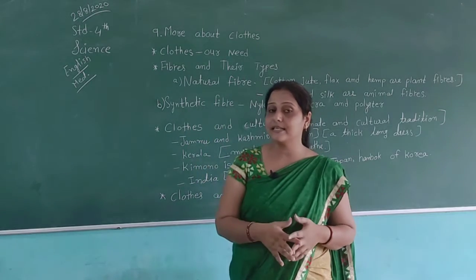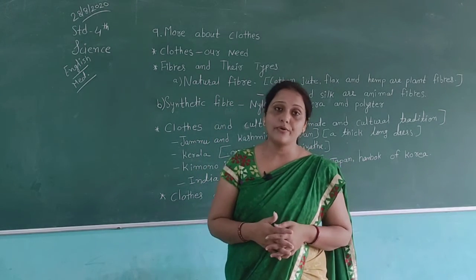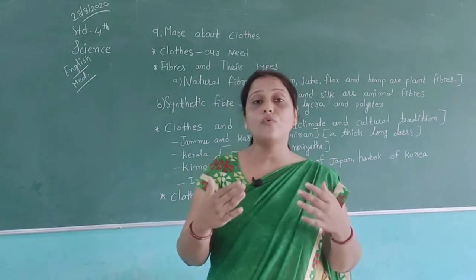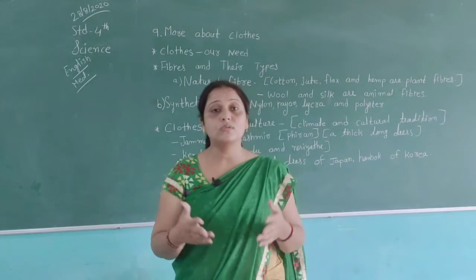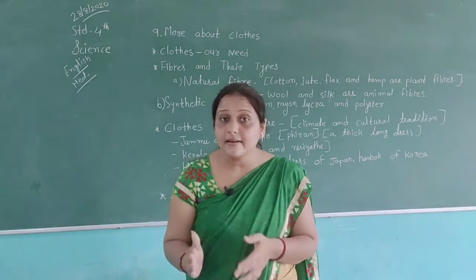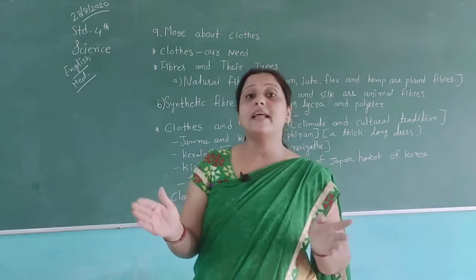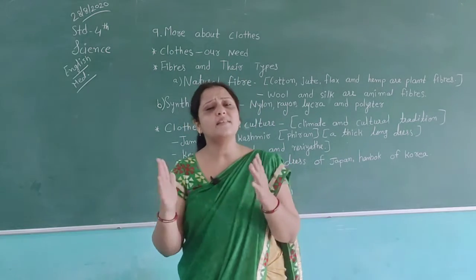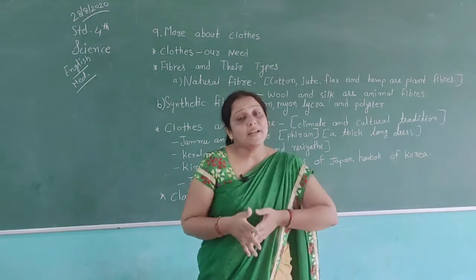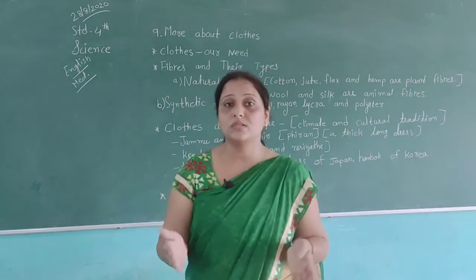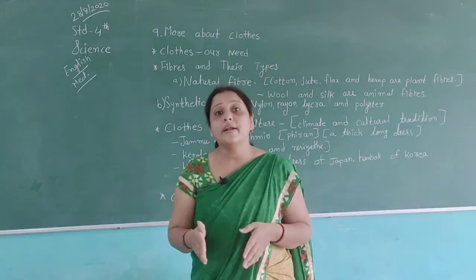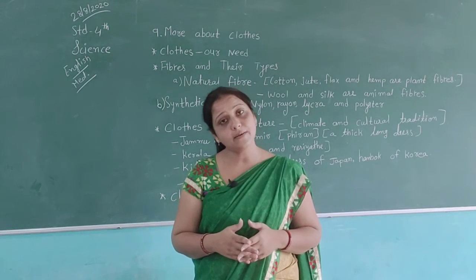When you read all these topics in your textbooks, you will learn more about this, how clothes protect us, how we need different types of clothes according to our functions, according to our need, according to our climatic conditions. We wear different types of clothes, and clothes always protect us from many types of problems. When we get a cold atmosphere, we wear wool clothes which protect us from the cold. In summer, we wear cotton clothes which protect us from the hot atmosphere.